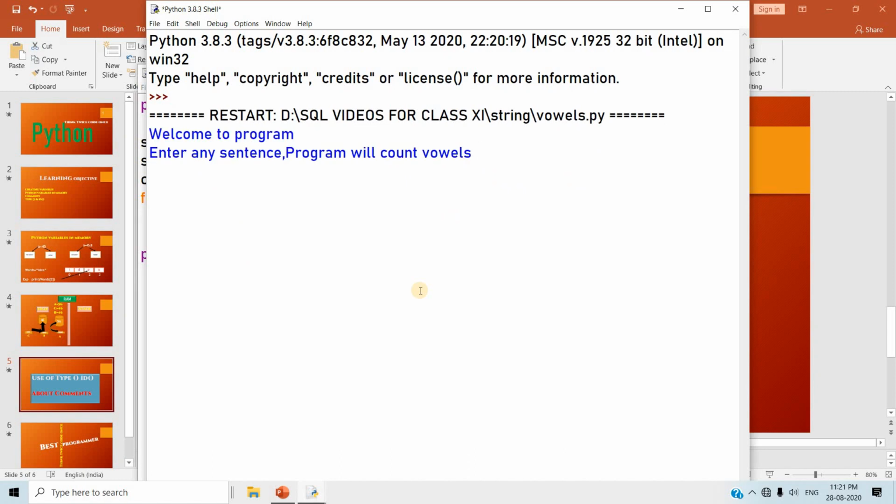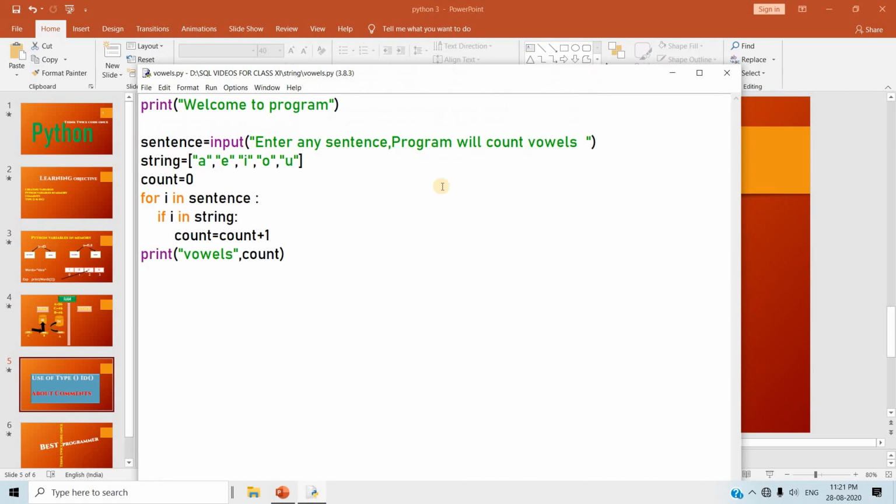It shows: enter any word. I have entered my name. The program tells you the total number of vowels in the word. There are three. Understood? Now what are comments? Comments are not compiled or interpreted by the compiler.